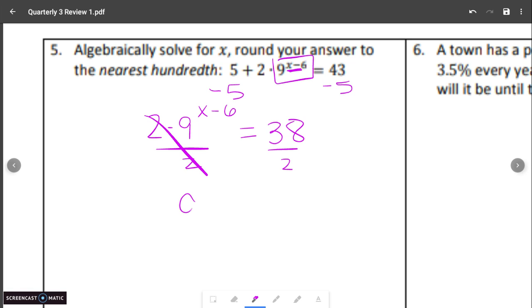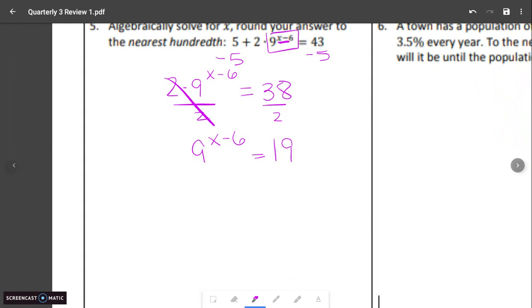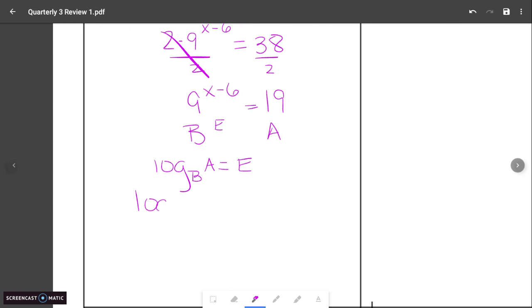That 2 and 9 cannot multiply. One of them has an exponent, the other does not. So you can't multiply them, so your only other option is to divide it to the other side. Now, because there's only one exponent this time with a variable, these are the ones where you can convert into log form. So currently our base is 9, our exponent is x minus 6. It equals the answer, 19. Logs are about the exponent, so we're going to go into log form. So we have log base 9 of 19